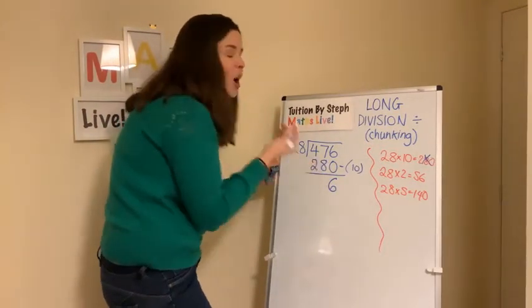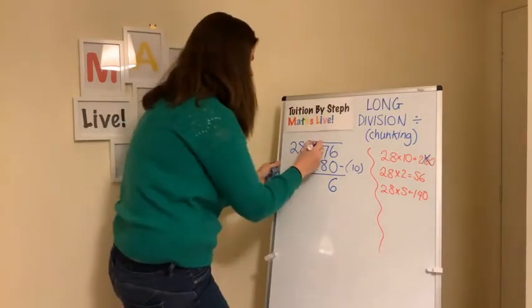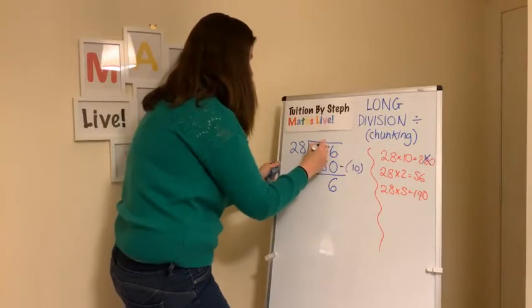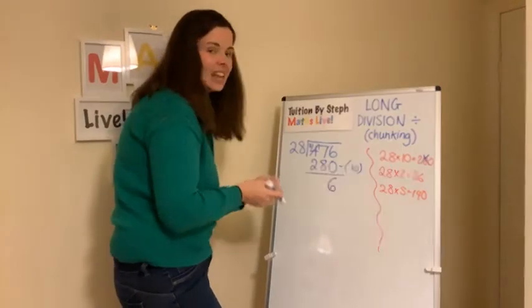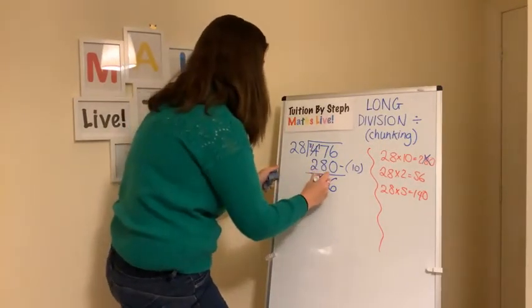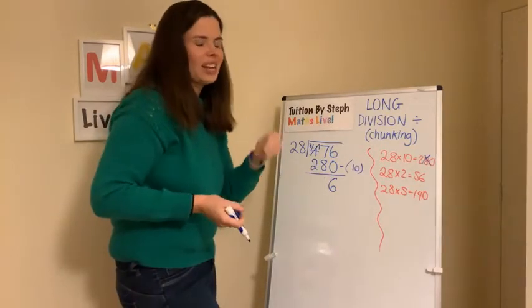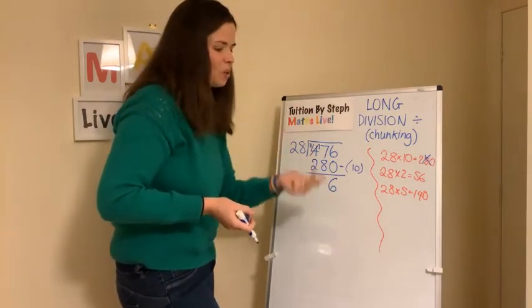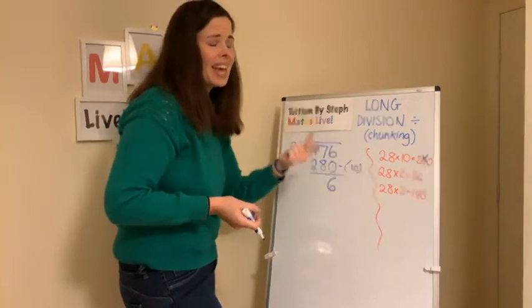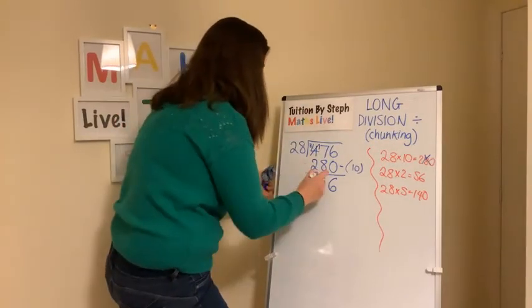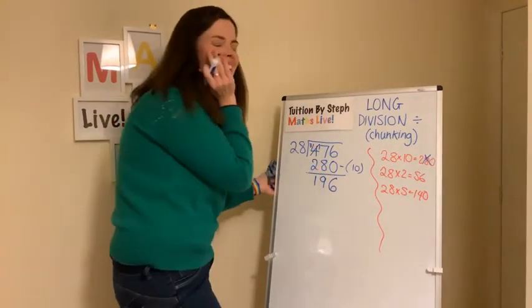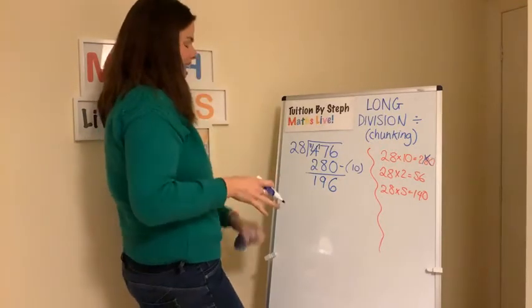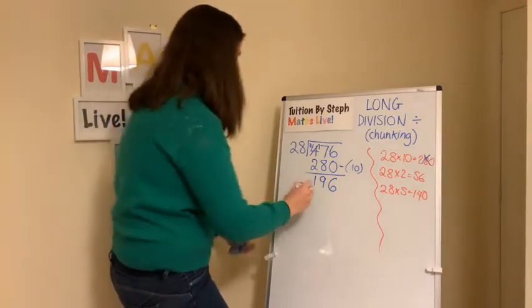6. Now, you can't do 7 take away 8, so you need to go across and regroup it. Okay? That's 17. 17 take away 8 is 9. I'm going to check now. 16, 15, 14, 13, 12, 11, 10, 9. I'm so embarrassed. I'm going to be red-faced throughout the session now. Okay. 196.